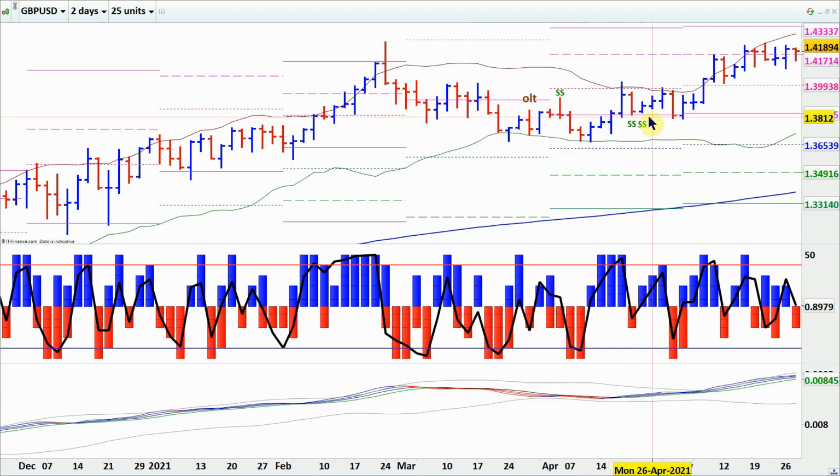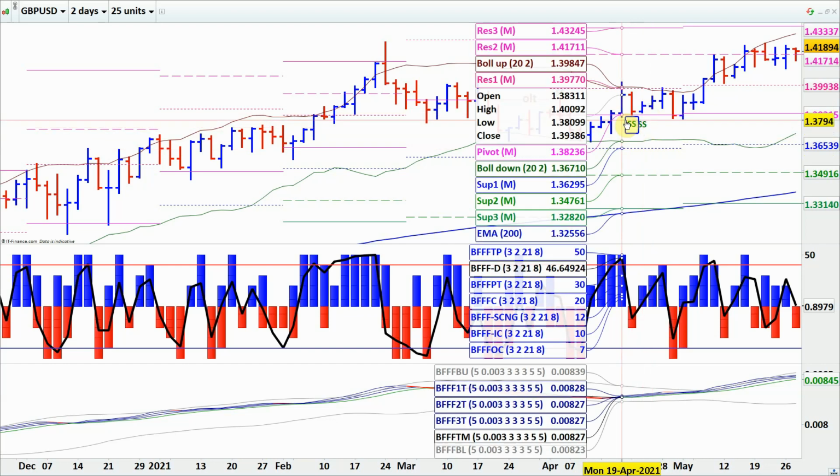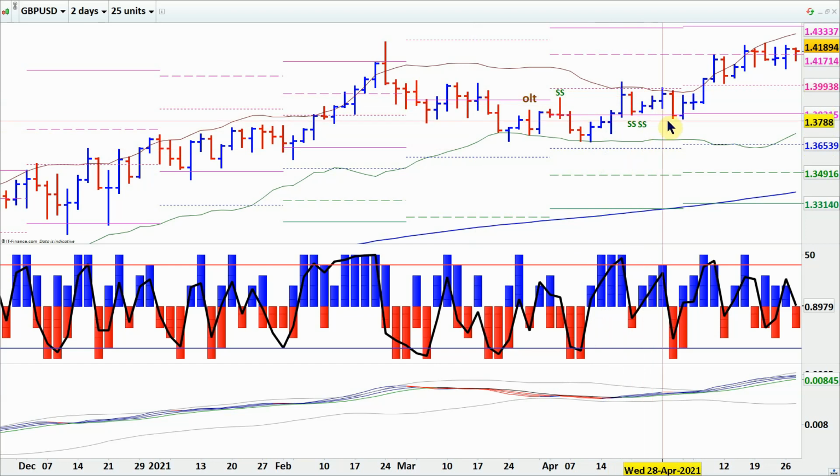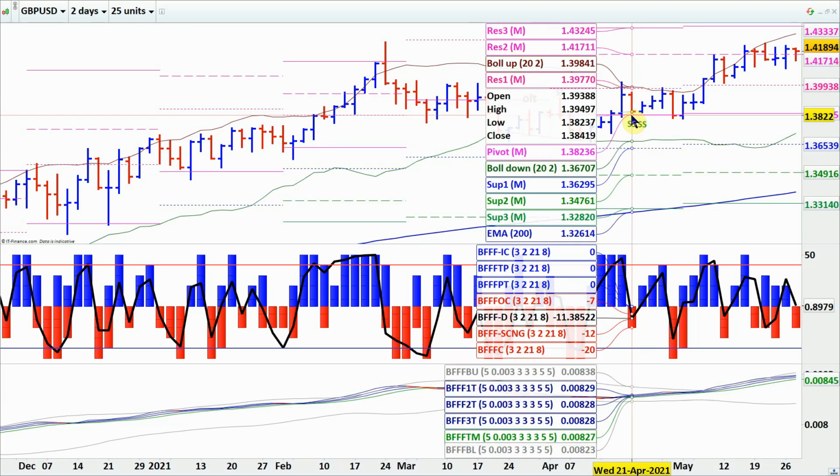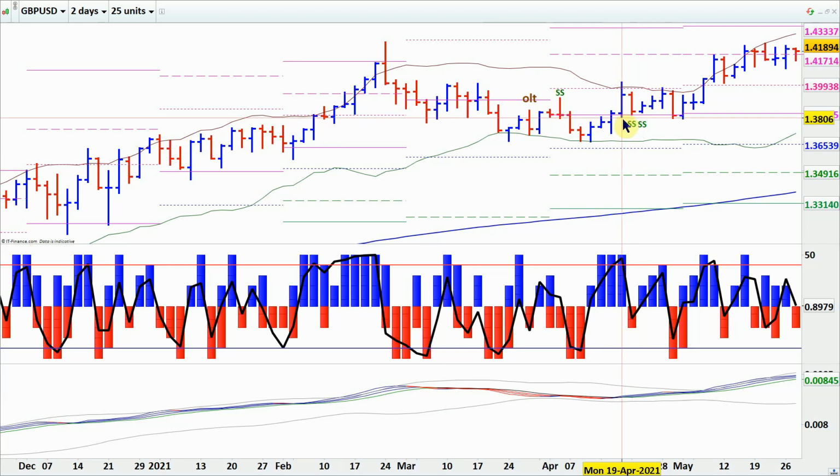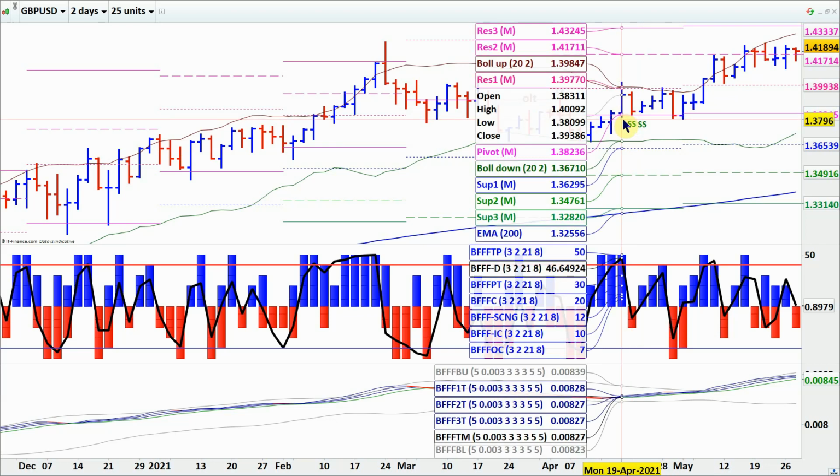at least 30, 40, 50 pips down from the pivot point, because people know that pivot is a magnet, and price keeps on coming to the pivot and testing it. So if we are going long here, we will be safe if we take the low minus 30 pips. If we are going long here, then we will not put the low minus 30 pips because it will be too close to the pivot. Then possibly we will go to the low of this one and then minus 30 pips.